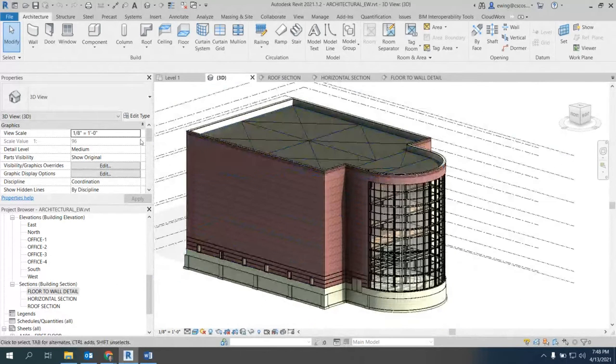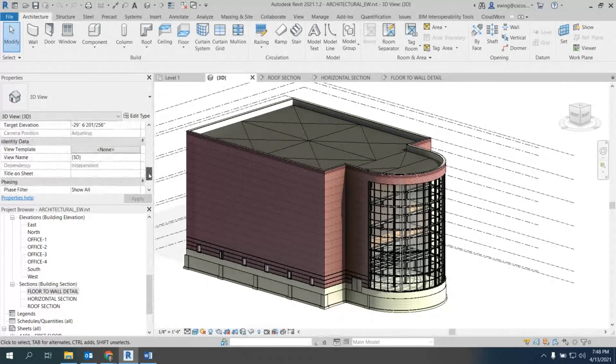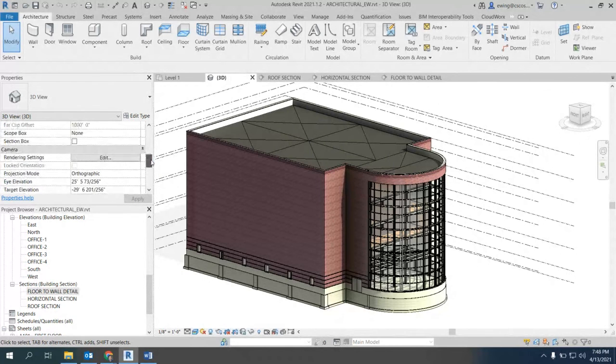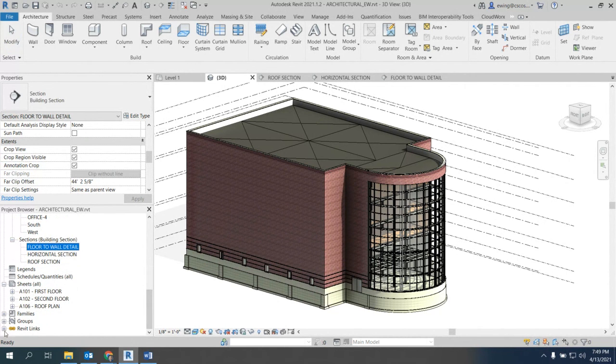Okay, so in the 3D view, if you scroll down on the properties, scroll down until you find, where is it? Section box. Your section box is turned on. So you want to just uncheck that first. Okay. Right? Now you can see the entire model. Now, if you scroll down in your project browser, you're still in a 3D view, right? If you right click on Revit links,